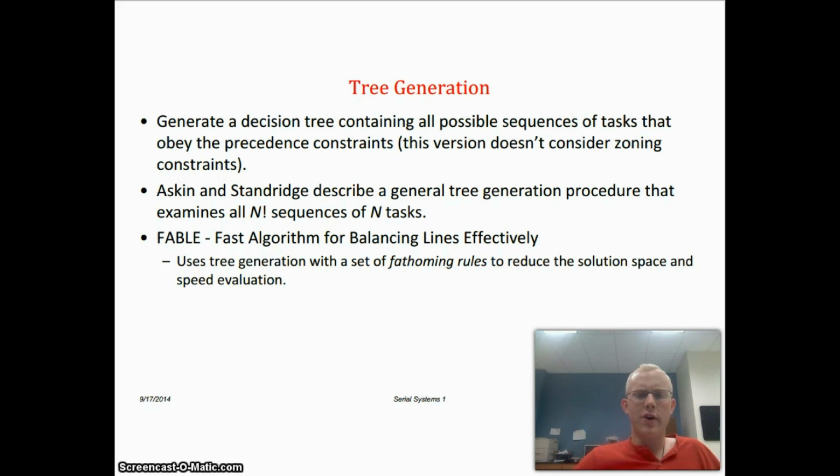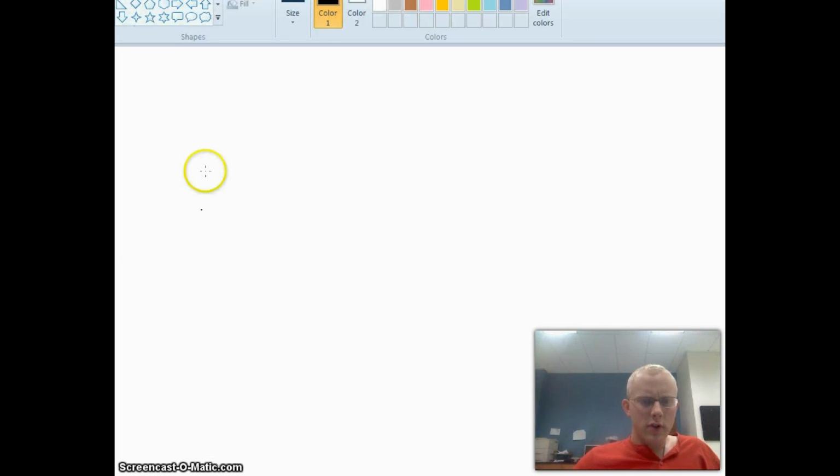Also, it mentions here that if you have n tasks, then you would therefore have n factorial sequencing, and that's basically each individual branch of the tree that you would then generate. Also, this is basically using tree generation, but you would have some constraints, and therefore these fathoming rules, which basically make it so that you don't have to continue each branch of the tree if they go against your fathom constraints. So let's take an example where we have 4 tasks, and that would then have 4 factorial